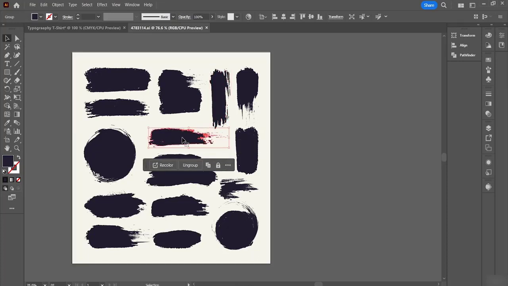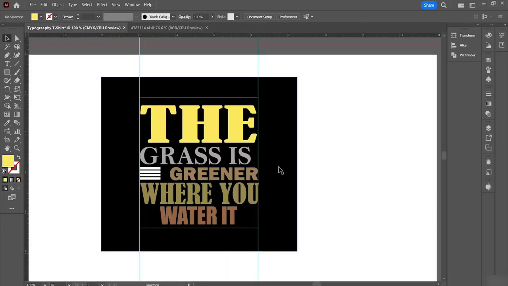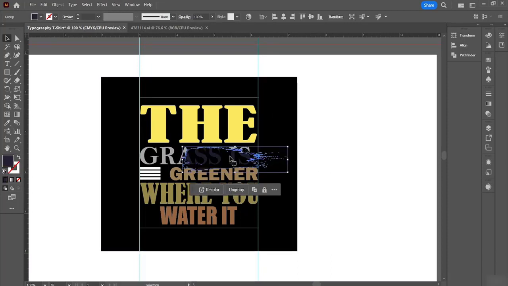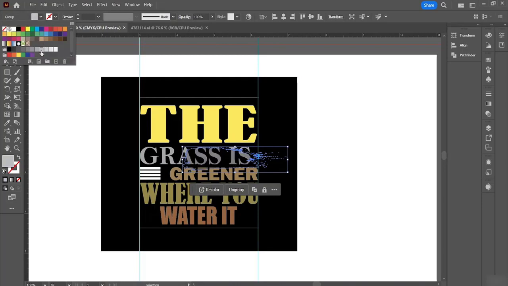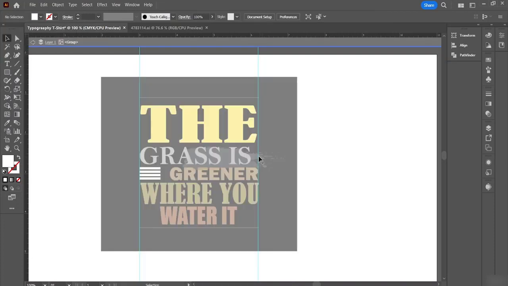So let's take this one. Let's click on Control C. Okay, so I have just copied this one. And what I'll do is I'll come here and now I will just click Control V to paste it. So once this is selected, I can come here and maybe I will be able to change its color as well. Okay, so if I just take up a white color, so let's take this,